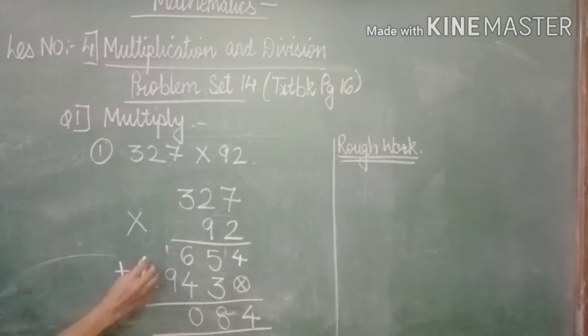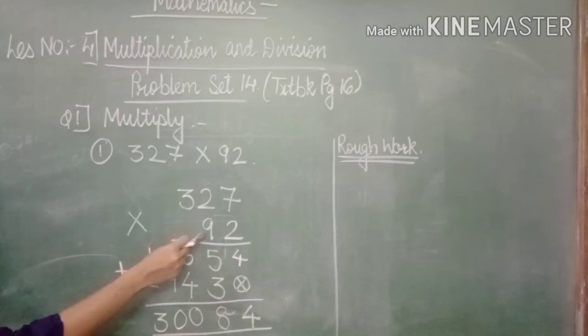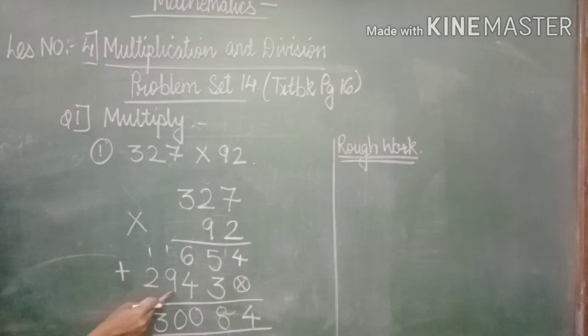9 plus 1 becomes 10 and 2 plus 1 becomes 3. So how are you going to write? You are going to write as 3,84,000. This answer we have calculated, and we got the answer as 654. We have calculated with 9, that is called 90. We have got the answer as 29,430. Then we are going to add the units and the tens together to get this answer.